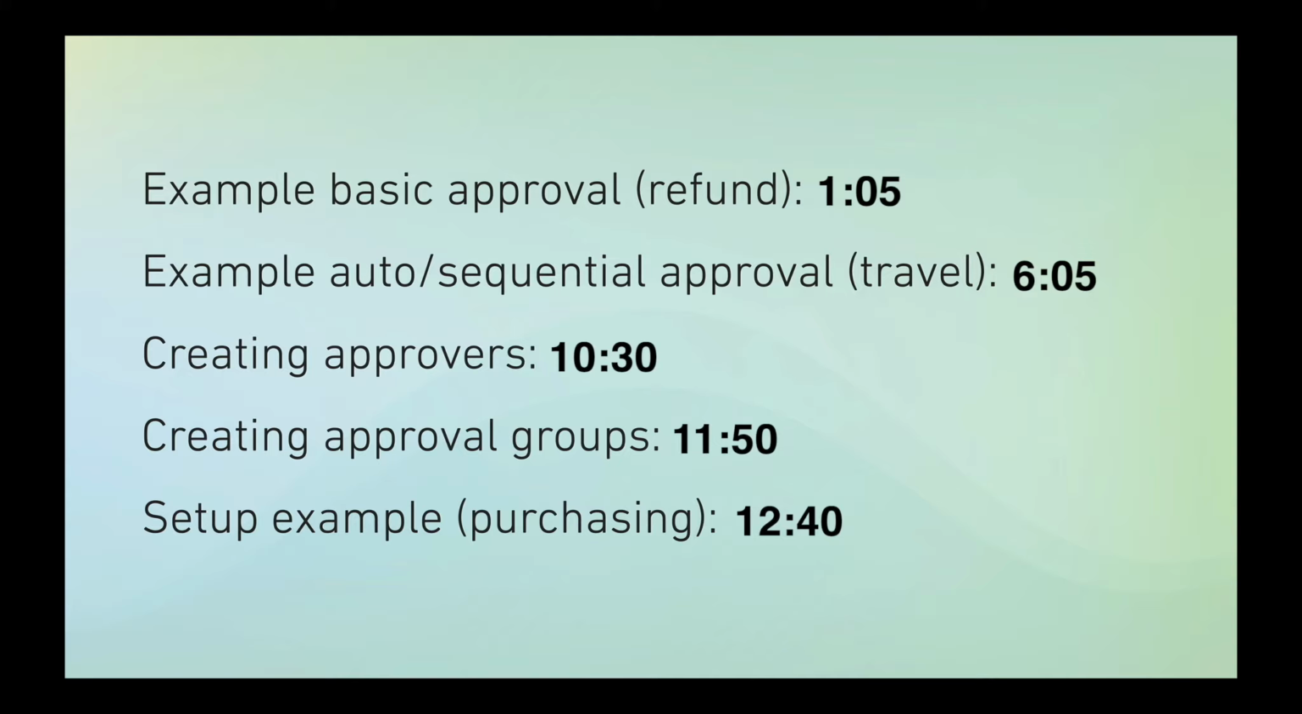The three scenarios we're going to be running through today is a basic approval requesting a refund amount, a little bit more advanced approval where it's going to be automatically sent off and there's going to be multiple approvals for a travel request, and then the last one I'll show you how to set up from scratch, which is a